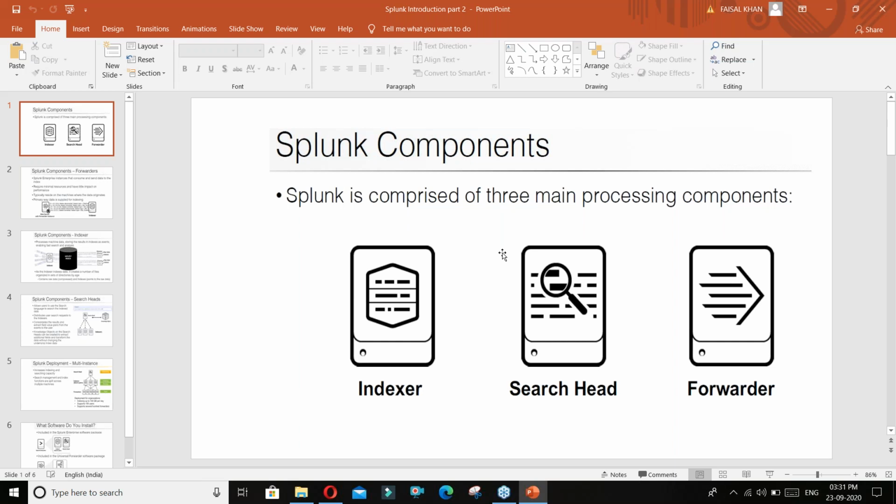Okay. Now let's talk about Splunk. I already gave you the definition. What is Splunk? Splunk is a tool under the SIEM domain. What is Splunk used for? It can be used as a log storage solution. It can be used as a security monitoring solution. It depends on you how you want to utilize it. You want to monitor the security logs, you can do it. You want to store the logs only, you can do it. That's the main thing.